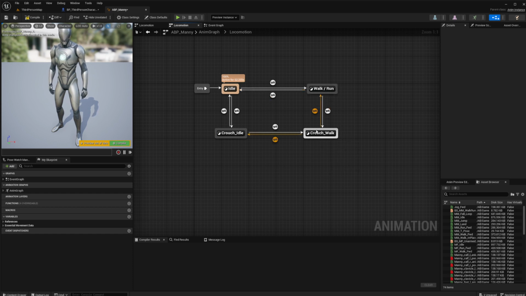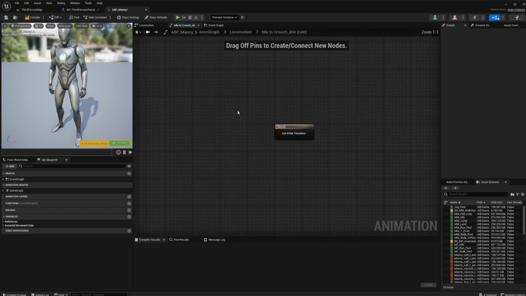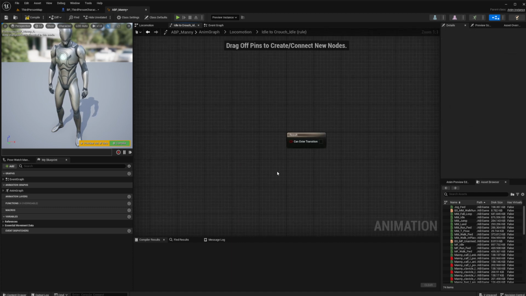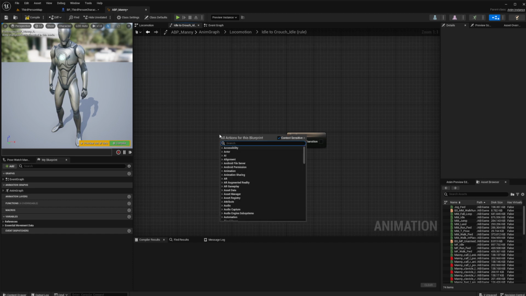And from crouch walk to walk run. Now each of these arrows has a little conditional icon next to it that will let you know the condition that needs to exist in order for the state machine to go from idle to crouch idle, or from any of the others. So let's go ahead and double click on this,